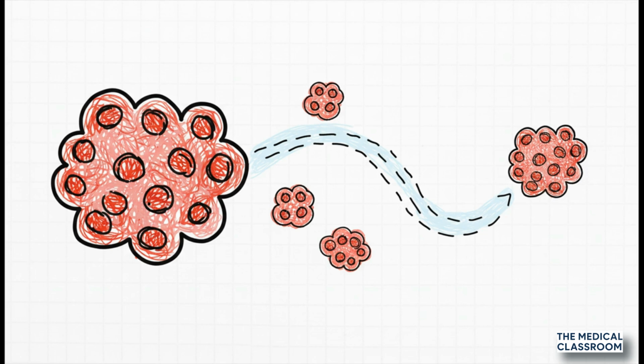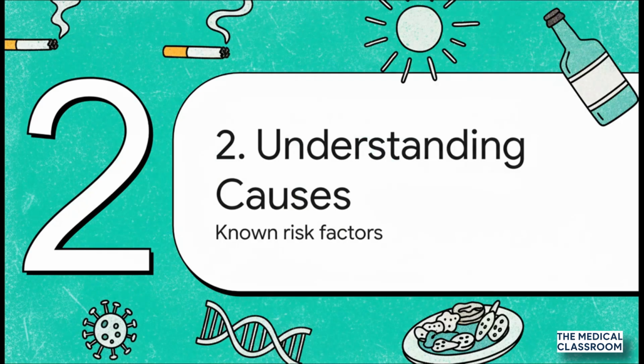It's when these rogue cells travel and start setting up shop, making new tumors in totally different parts of the body. And this highlights a really important point. Cancer isn't just one disease. It's actually a catch-all term for more than 100 different diseases, all defined by where they start and how they act. So this leads to the next logical question, right? What causes these cells to start breaking all the rules in the first place?